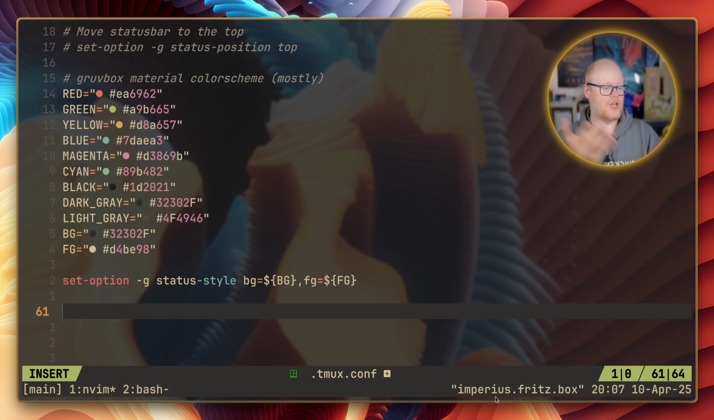We want to maybe change the right part here, the host name, the time, and so on. And that is something that we want to actually take a look at quickly to make this a little bit less cluttered, because I usually do not want to have all of that stuff in my tmux bar. I prefer a very small and less cluttered